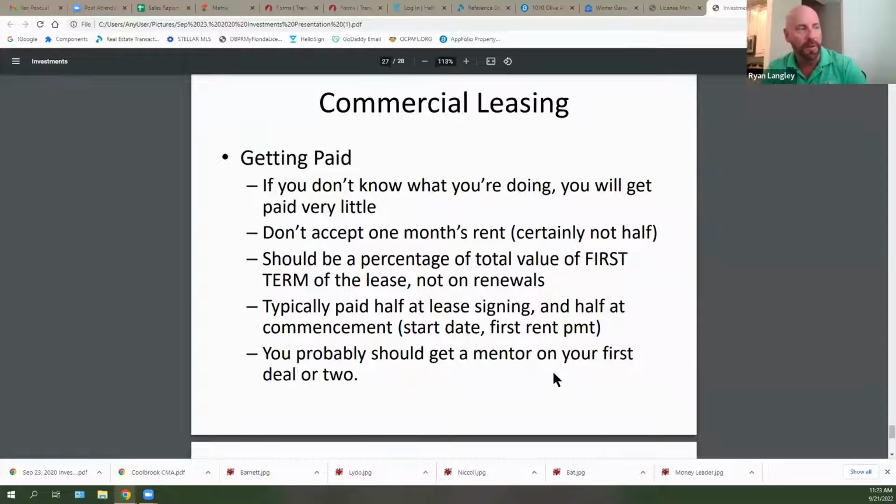So in commercial real estate, just so you guys know, and I do a whole training on commercial real estate, the first part is telling you all the different niches: there's industrial, there's retail, there's office, there's leasing of all those things, sales of all those things. There's land for residential, residential subdivisions, land for commercial. There's a million different little niches that people are experts in. And a guy who does retail leasing